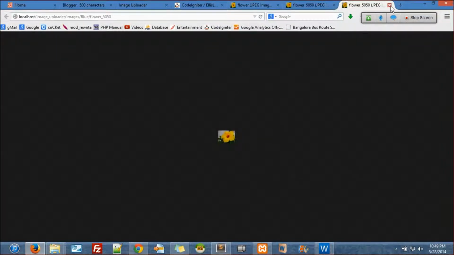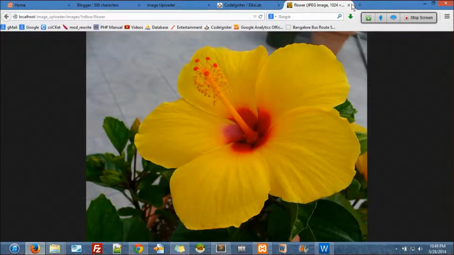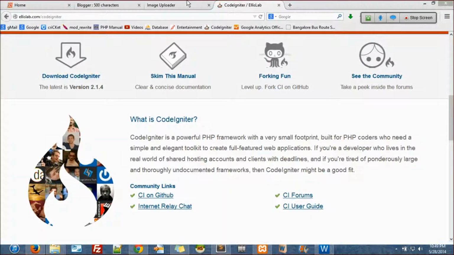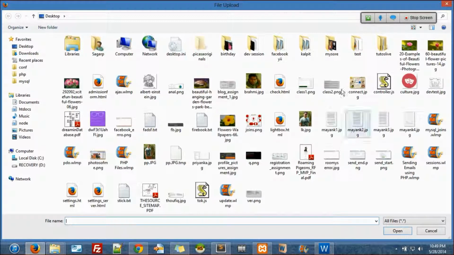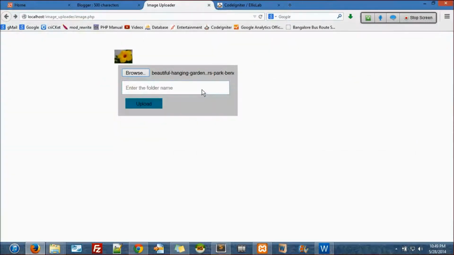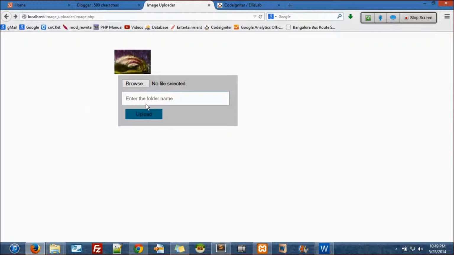So let me close everything here. Okay, so browse. This time I have a different file. So maybe let's do this. This time the folder name is garden. Okay, now it's 100.